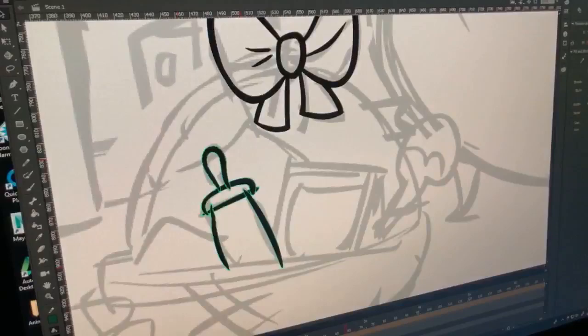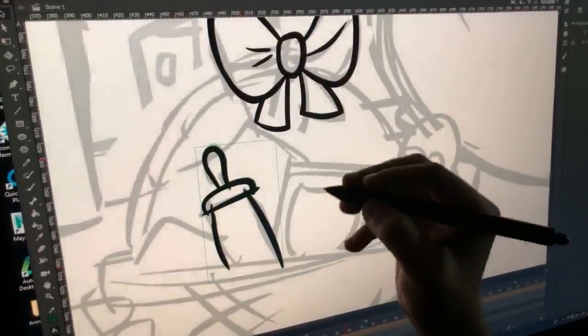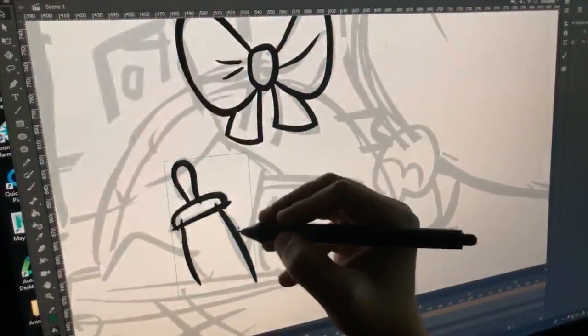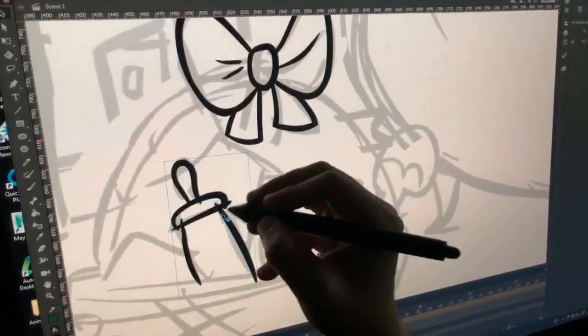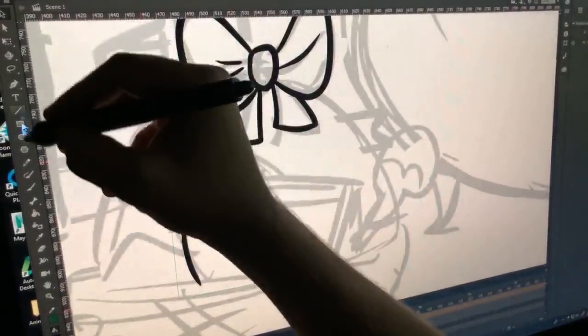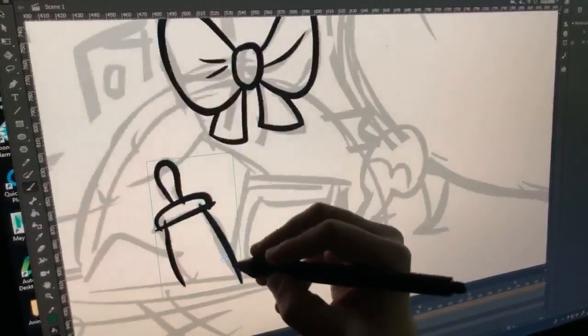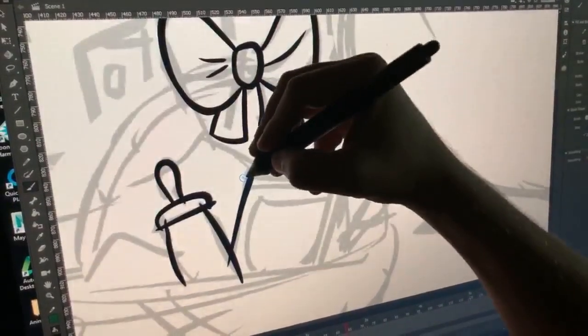And I'll select these and I'll make it into a little group, again just to keep it as one object. Maybe it's like a bag of diapers.